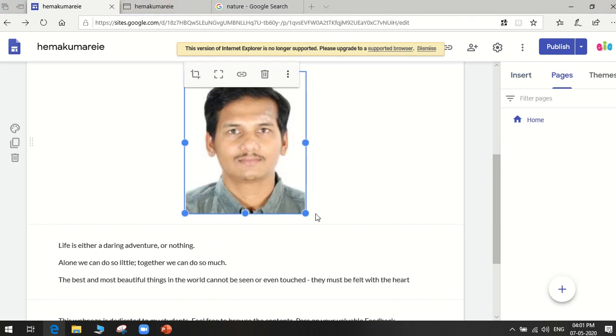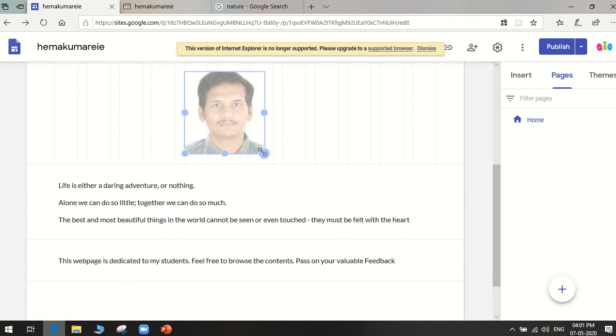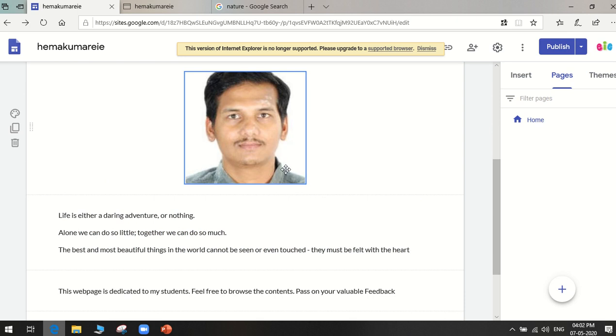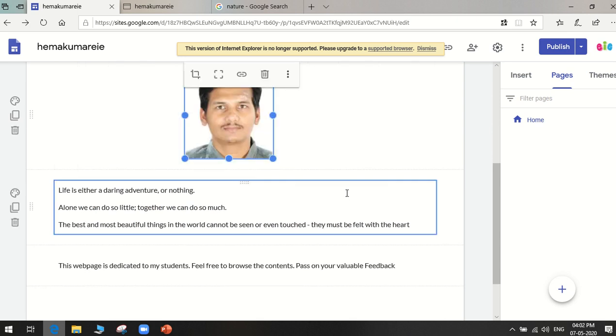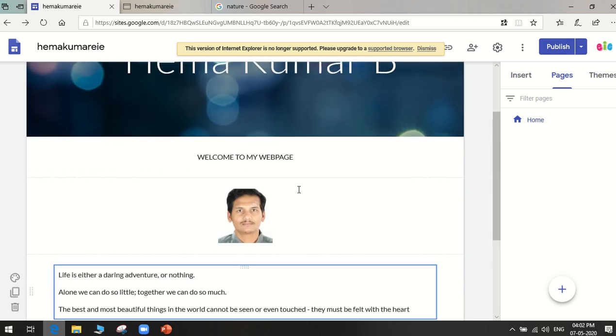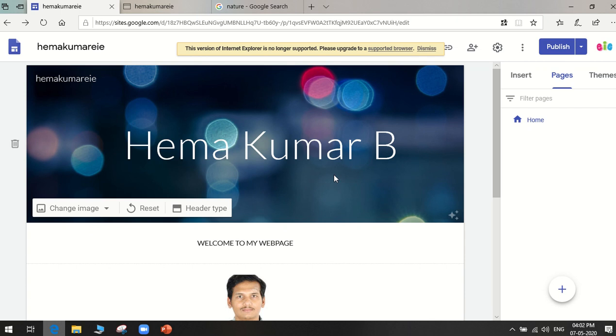So now we want to resize this image. So we can resize the image since it appears bigger, and we can again bring it to the center. So this way we can resize. Now we have created the home page.